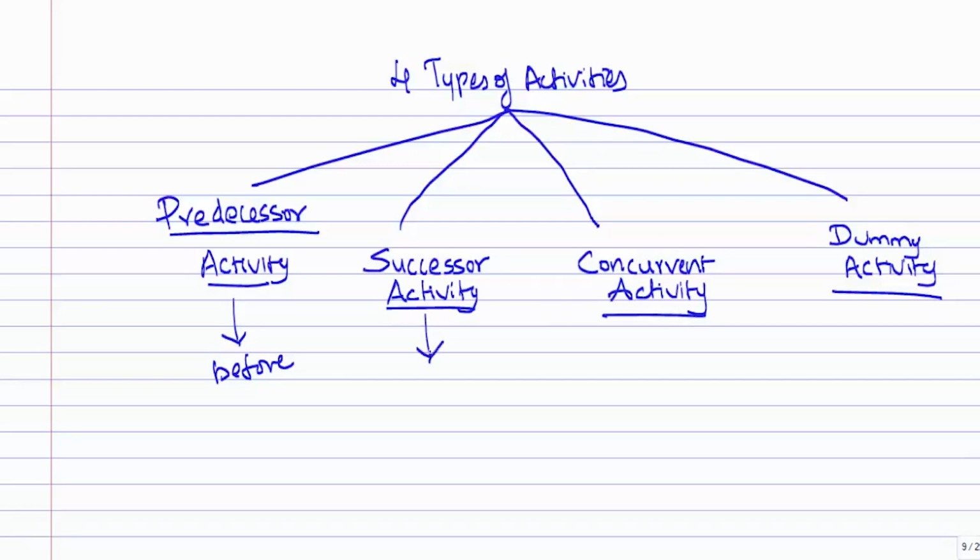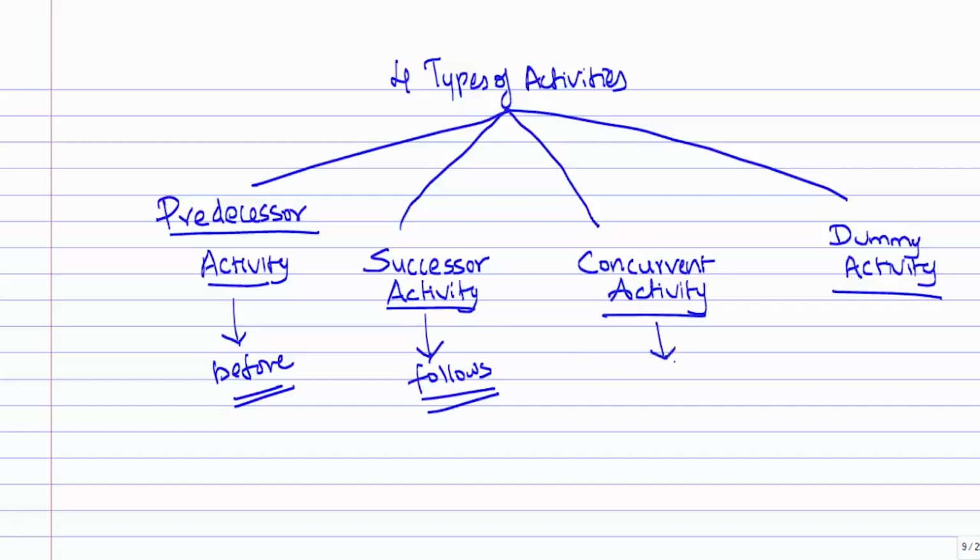Then the second one is successor activity. This is the activity or activities which follow another activity immediately without any intervening activities. Here the focus is on what immediately precedes. In predecessor activity, it is an activity which immediately comes before another activity, whereas in successor activity, it follows another activity without any intervening activity.